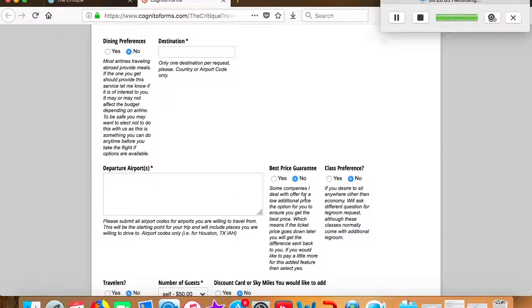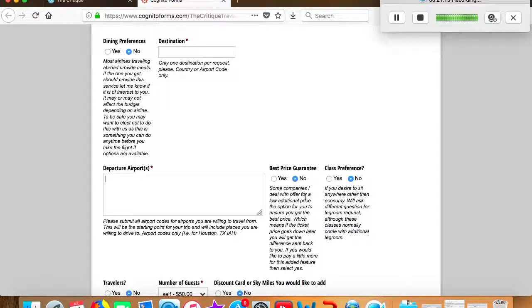Okay, so, best price guarantee. I guess you could say I'm a lot like Priceline in some ways, except a little bit more personable, and I provide more services. A lot like Priceline, you get to choose what you're willing to pay, and then I lock it in for you. But with the best price guarantee, some of the third-party providers that I use offer an option where, for a little bit more, it could be $5, $9, the price varies depending on the cost of your ticket,